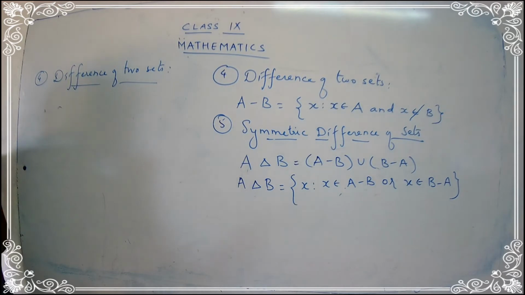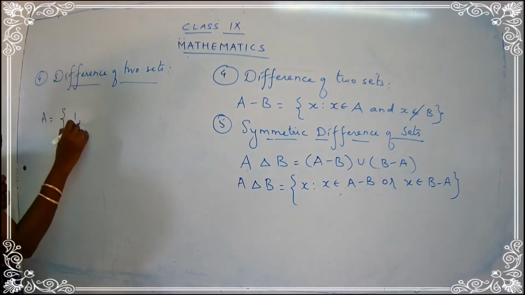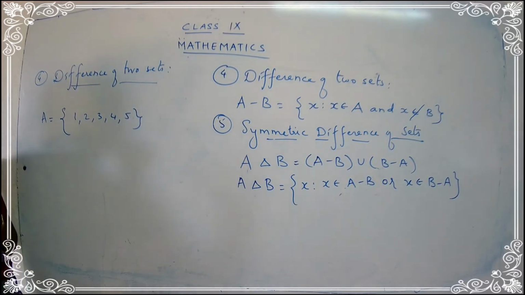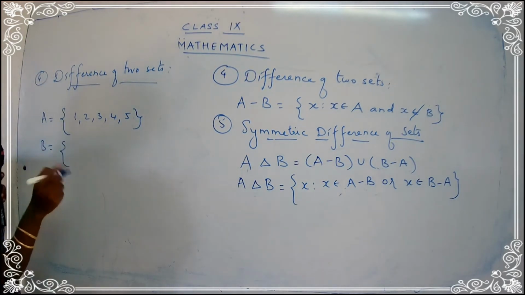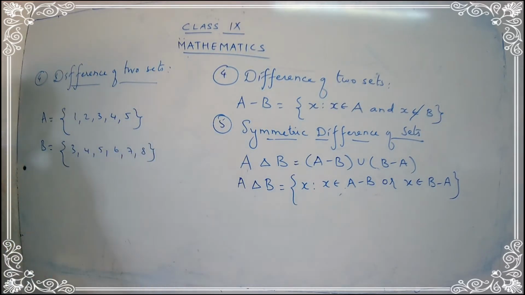Before we understand the rule, let us take some examples so that we will be clear with the answers, or with the idea of how to find the difference of two sets. See here, children, we have two sets. I am just giving you simple numbers. First of all, you should be clear with the basic ideas. Once you are clear with the basic ideas, you can expand your ideas for bigger sums. So if A is {1, 2, 3, 4, 5}, and if I take B as {3, 4, 5, 6, 7, 8}, what are the members of A?